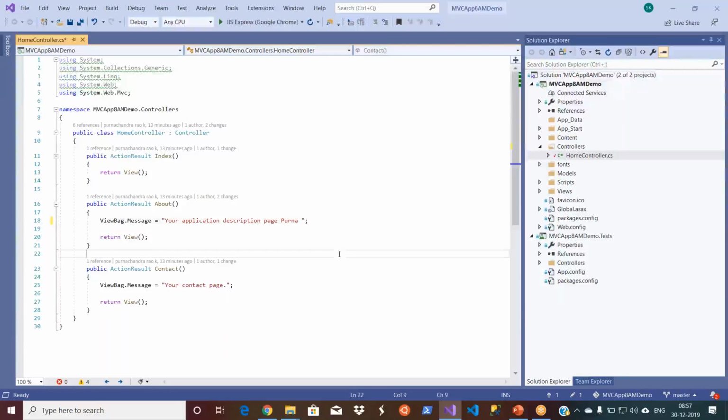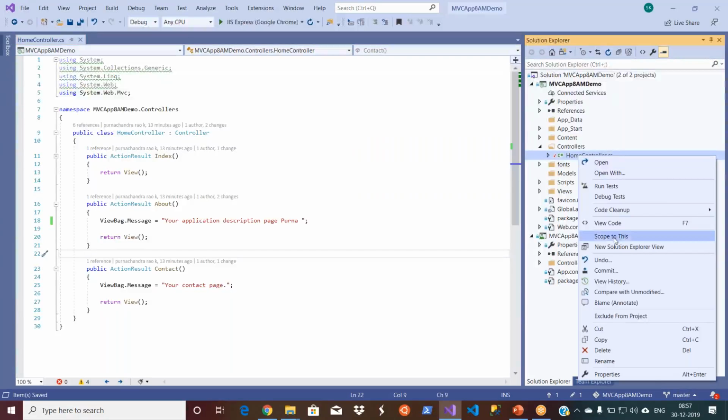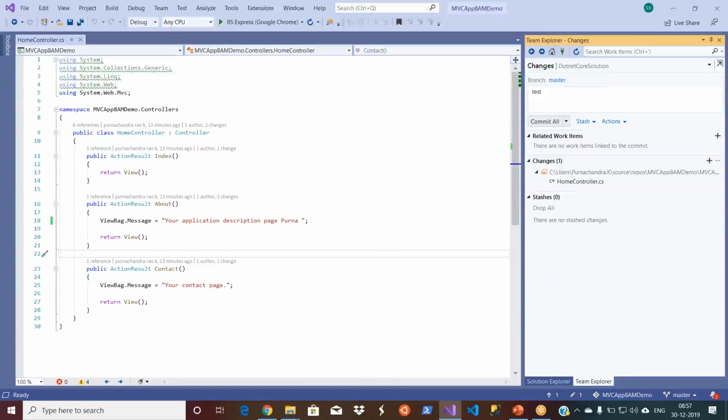I'll just add some space. And then right click and then commit.